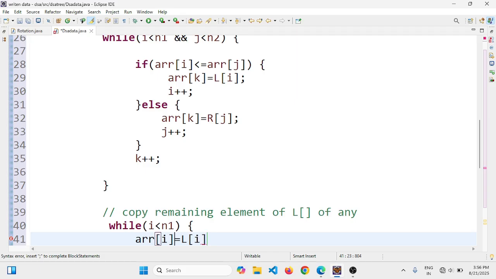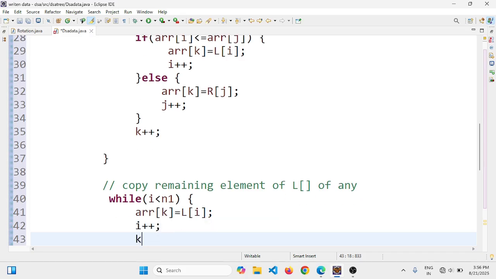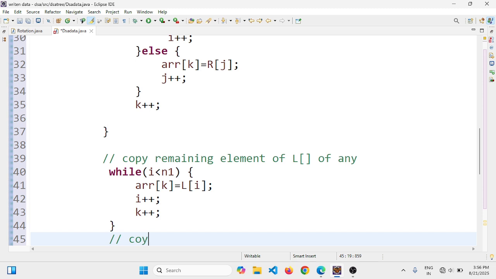right? Here will be k, right? Here will be k, you know very well. And then i plus plus, and then k plus plus, you know very well, k has to increase all the time. If it is increasing the element inside, then it will increase also. Let's copy the right side, right side remaining element,